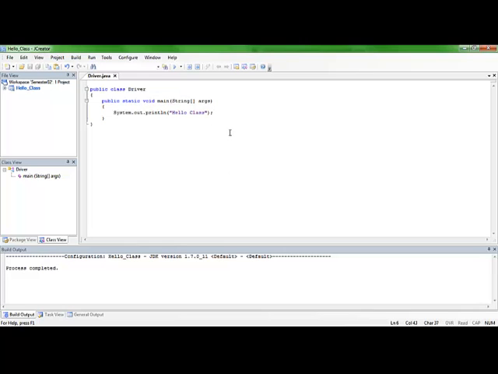So since that's working, F5 should execute the program. It says process complete, hello class. If you have errors or something, you want to fix that as you go. Alright, let's set up our very first bug